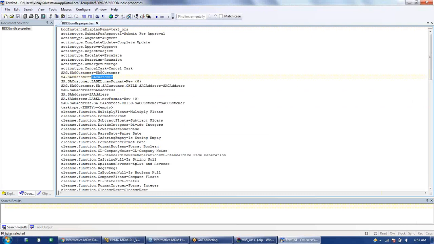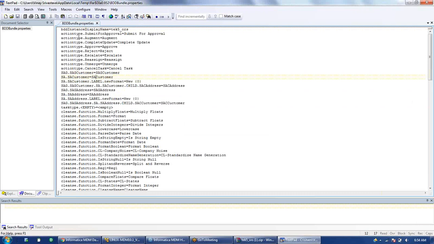Now suppose you want a different name. I don't want subject area customer as a display name. I just want customer. So we have an option, we can go to the IDD screen and we can change it. But sometimes it happens that first we'll try there only. We'll go to the IDD application. We'll try to change the subject area name, display name basically. But sometimes it is not able to update it. Means in the IDD it will show that it is updated, but it is not able to update these files sometimes. Because of which, if you go to the application screen, you will still see SA customer. You will not see customer.